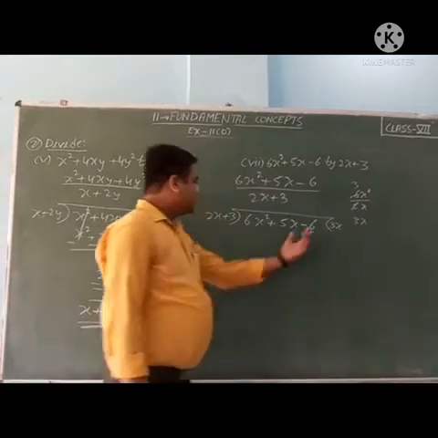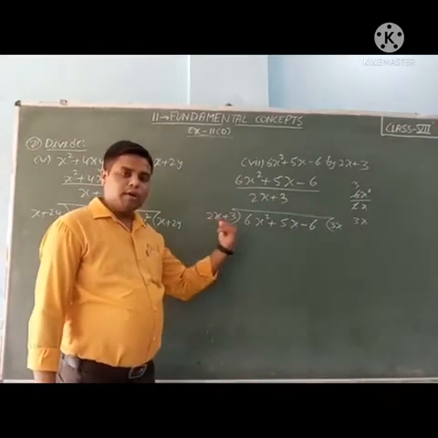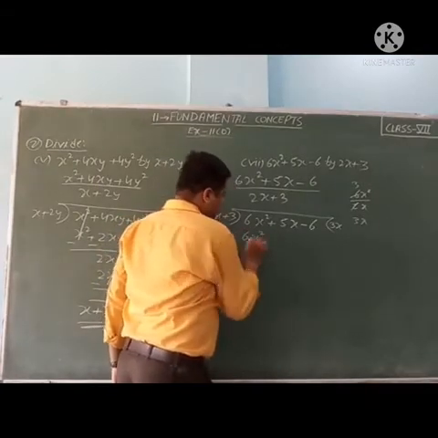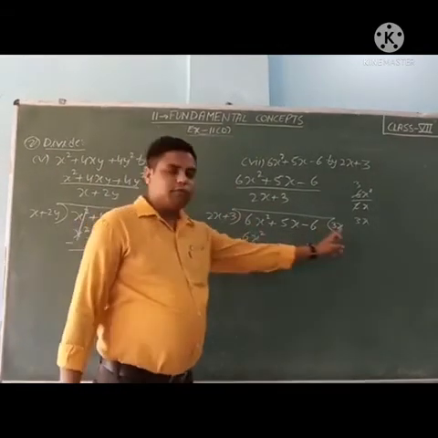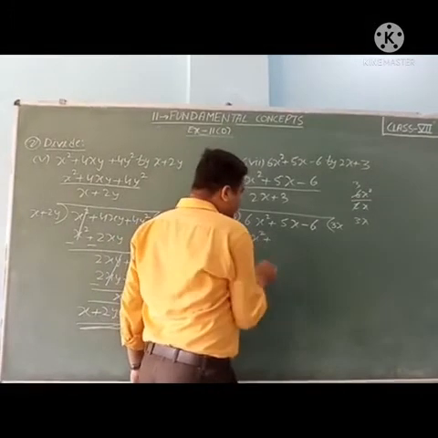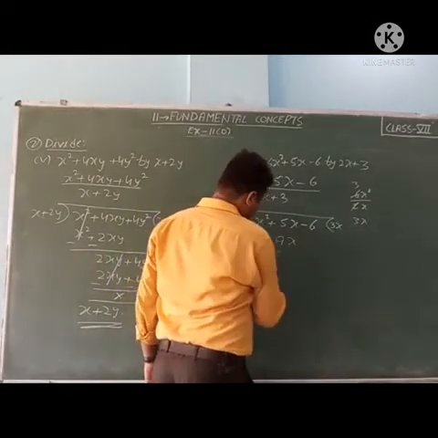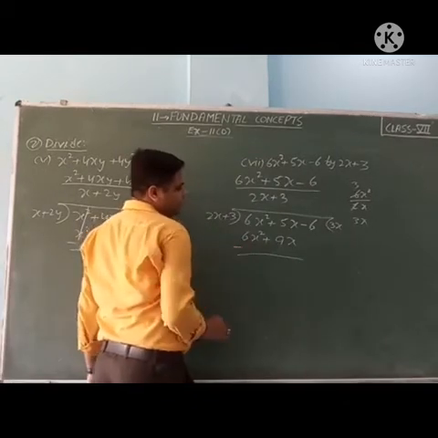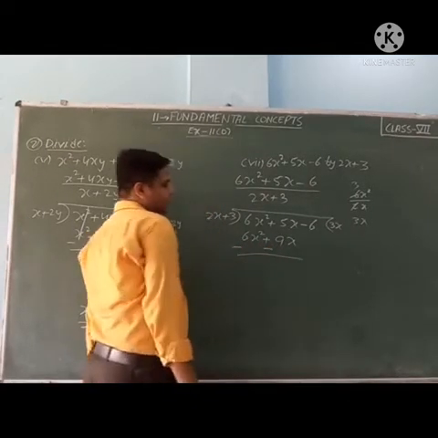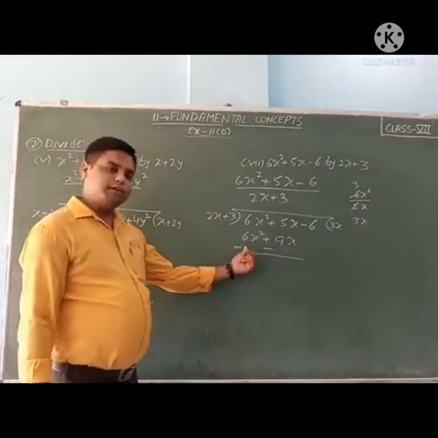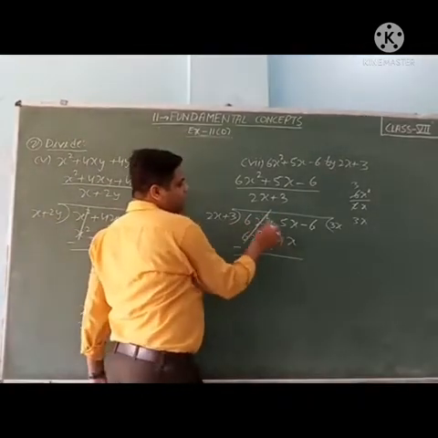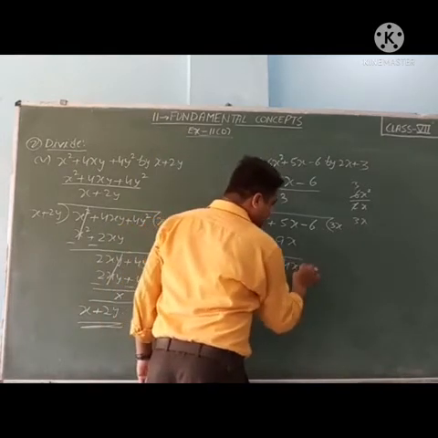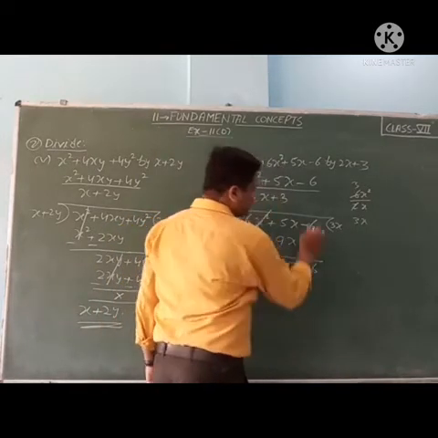So by 3x we will multiply in both the terms. So 3 2s are 6x square. Then plus, that also plus. So plus 3 3s are 9x. Now change the sign. Positive changes to negative. Positive changes to negative. 6x square minus 6x square cancel. 5x minus 9x minus 4x. Then minus, we will take minus 6 also.